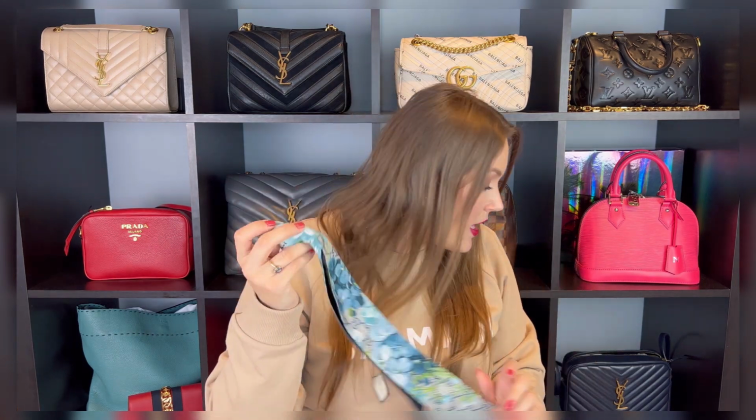I think it could do as a really nice clutch. Really obsessed about it. So I got this one, and it was 55 euros. So I think it's a pretty good price also, because I think they are originally close to 200 euros. So the next item is the twilly, and now we have the last item left, which is the biggest score